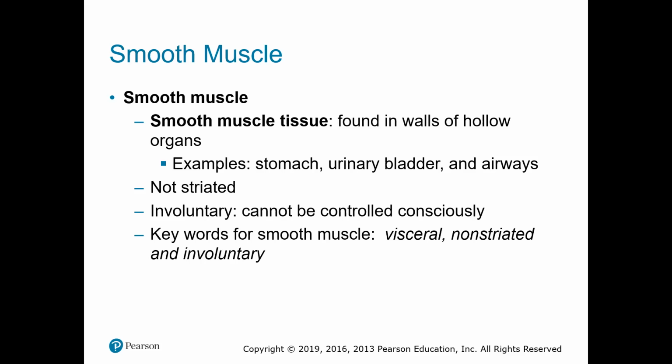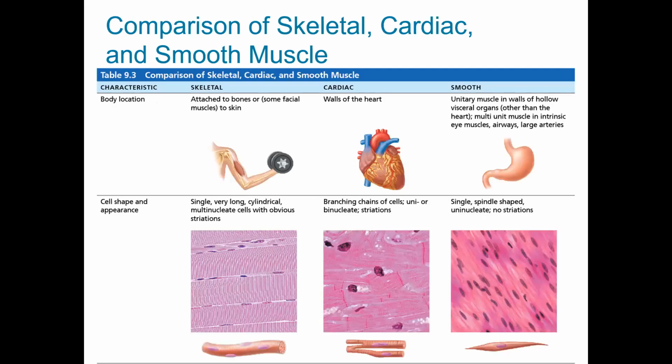It's not striated. It's involuntary muscle. Remember, it's also called visceral, though I never really use that term for it. Usually smooth muscle or involuntary are the key terms. So, examples of what they look like: